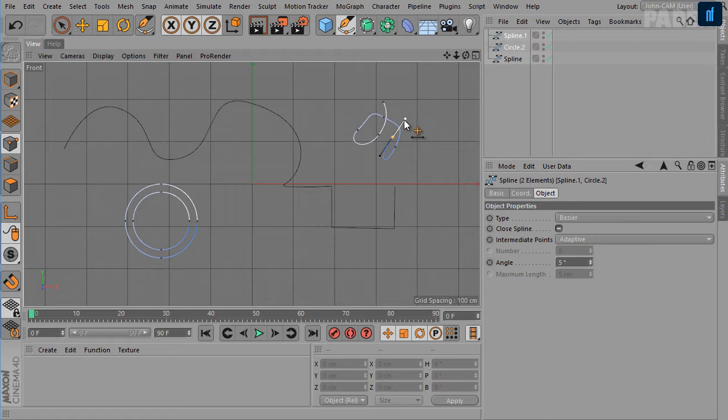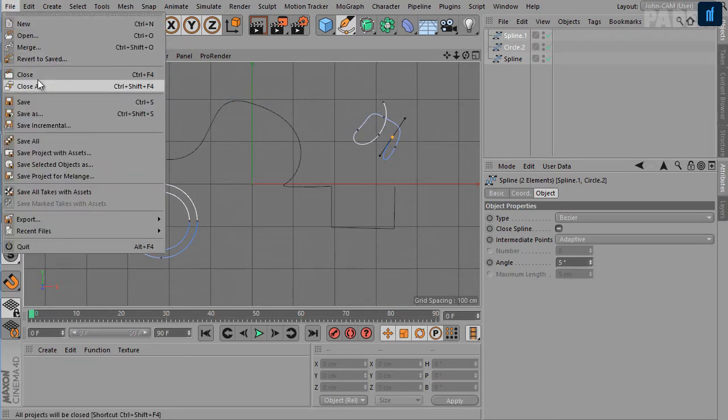Okay, so Cinema 4D offers a number of predefined parametric splines known as spline primitives. These primitives are calculated using mathematical formulae, and therefore they have no points or vertices to edit. However, you can convert a parametric spline primitive to an editable poly by first selecting it and then pressing C.